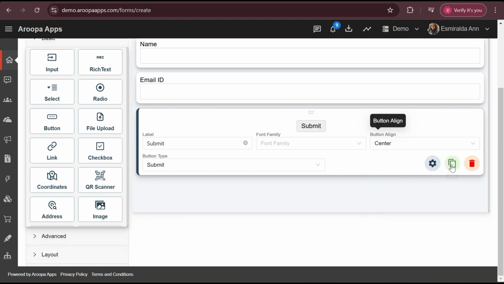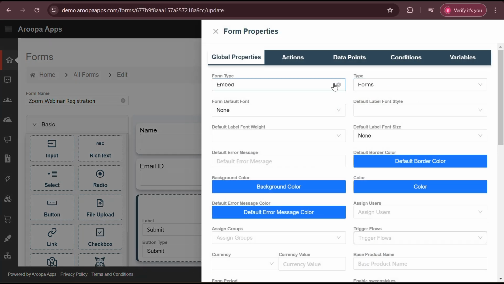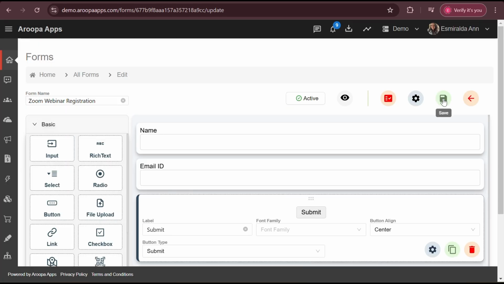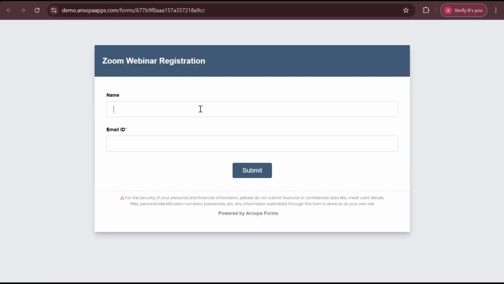To save your form, scroll to the top and change the status from draft to active to start the form. When finished, you can set it to inactive. Adjust final settings as needed. Private restricts access to users other than the users in the tenant. Public allows anyone to access it, and embed enables addition to any HTML page. For this example, we'll choose public. Now save the form to receive the URL for sharing with the audience. This is the form we just created.